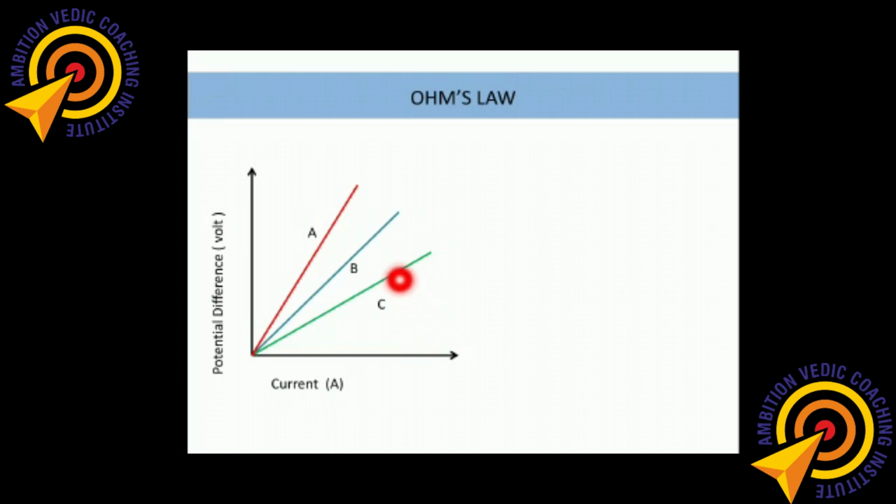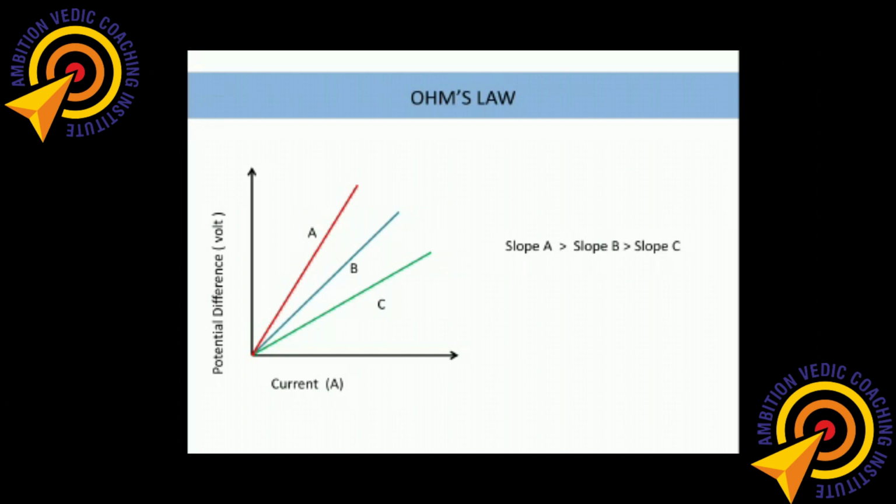So simply by looking at the graph, what we can say is that the inclination of the straight line C is less than the inclination of line B, which is further less than the inclination of line A. That means the straight line A has the highest inclination compared to C and B. So the slope of A is the greatest, the slope of line B is less than A, and the slope of line C is the smallest. A has the highest inclination, or highest slope, of the 3 wires.